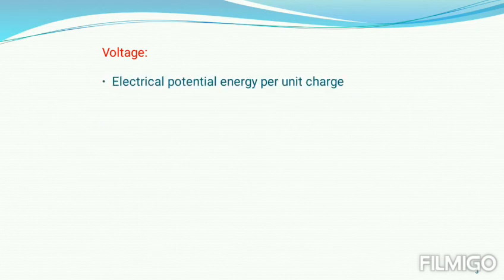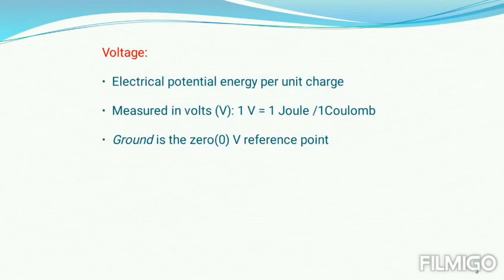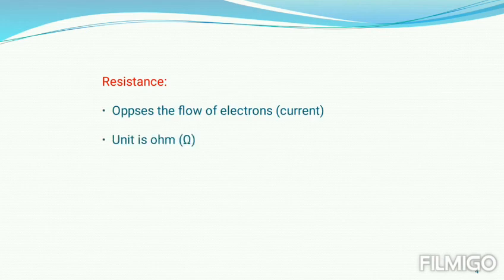Voltage is the potential energy per unit charge, that is joules per coulomb, measured in volts, and ground is considered to be at zero potential or reference point. It is indicated by the symbol V. Resistance is the opposition to the flow of electrons offered by a material. The unit is ohms,